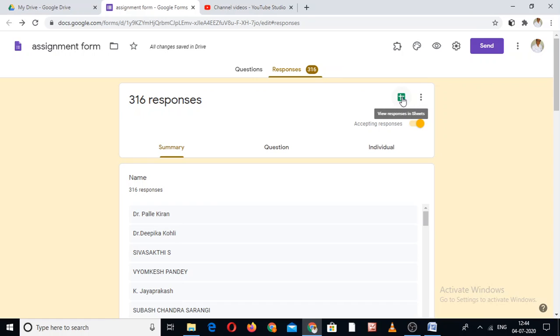You should not be confused about whether, once you download it, it gets added or not, or whether you have to download it a second time or a third time. No, once you have downloaded it, after that if you get any response or submission, it will definitely be saved automatically in this sheet with the timing, minutes, seconds, and the complete detail, whatever you mention in your Google Form.